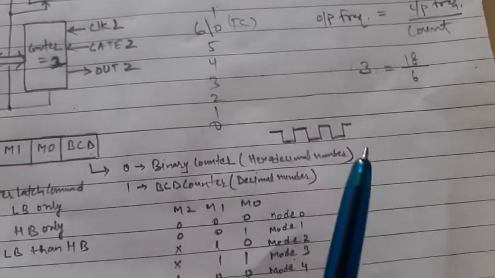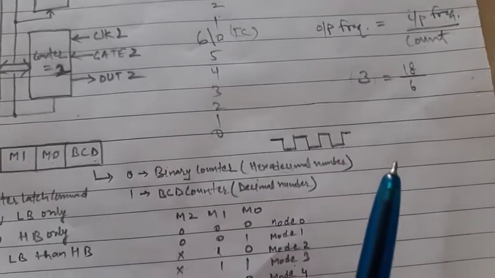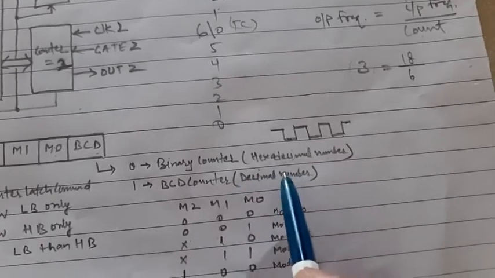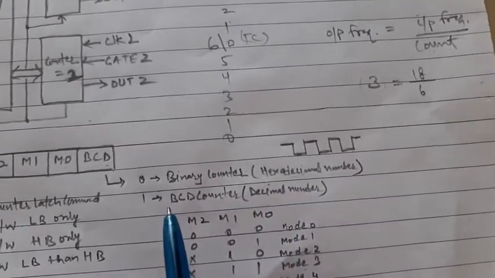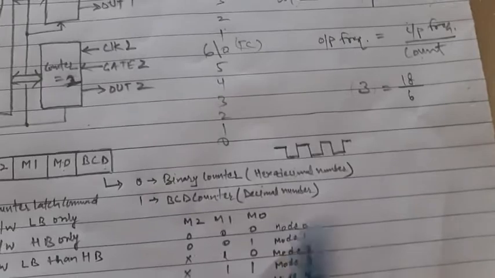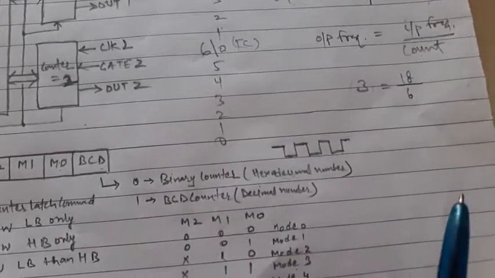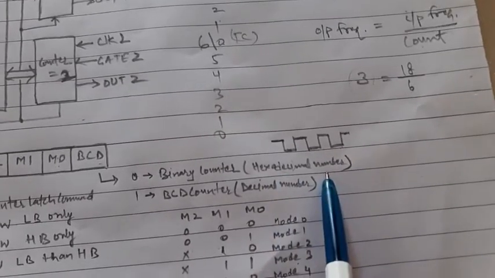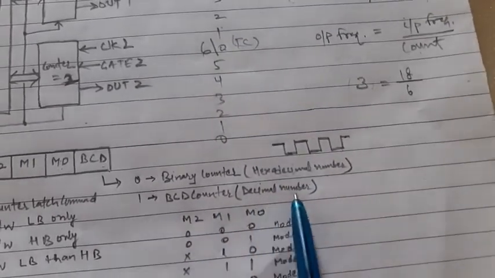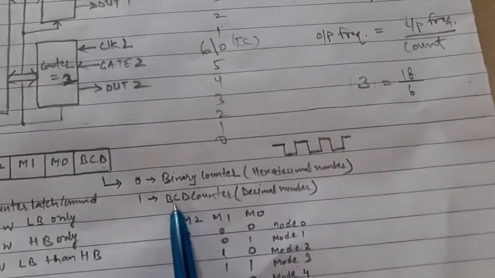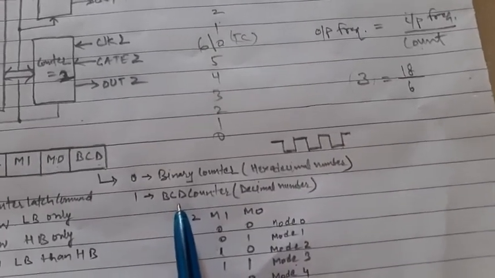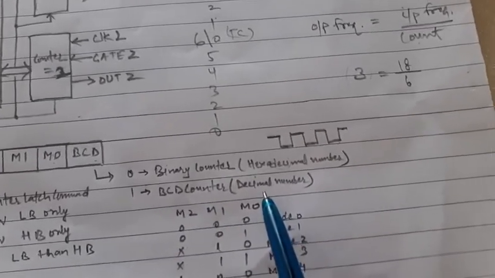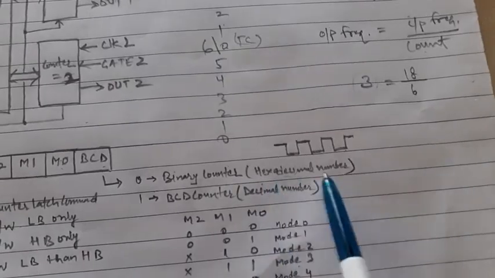The processor works on binary numbers of hexadecimal numbers, because our system works on hexadecimal numbers, which are converted into binary form. So the processor works on hexadecimal numbers. But the programmer can also give a decimal number, and that will be a binary coded decimal number. Decimal numbers are easier to work with, but the better number system is hexadecimal.